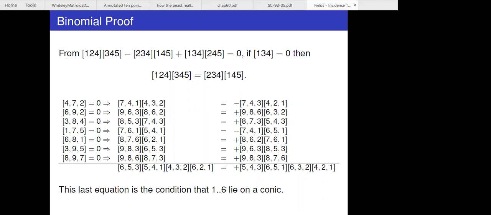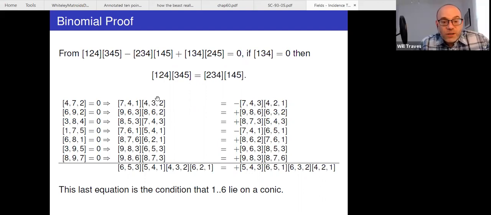Will, so you're not adding up all these equalities to get the last equality? No, you're multiplying them. You're multiplying them. So you get, on the left, a huge bracket monomial, a product of brackets, and on the right, you get a huge bracket monomial, a whole product, and